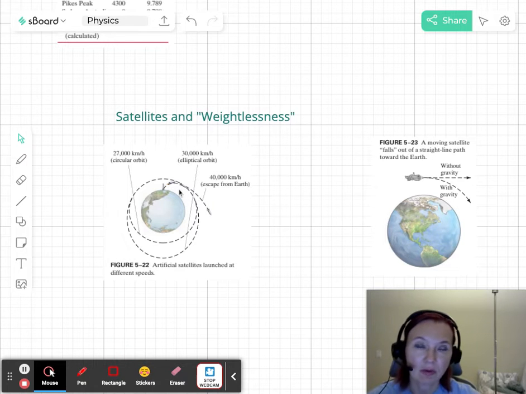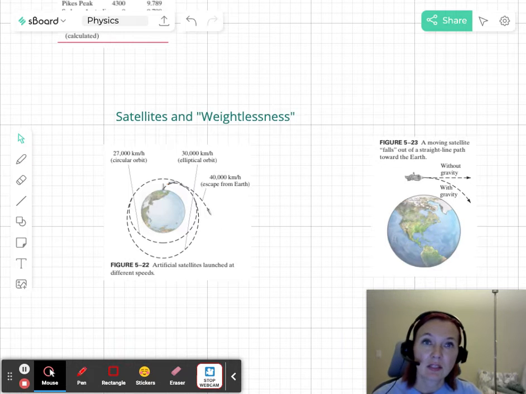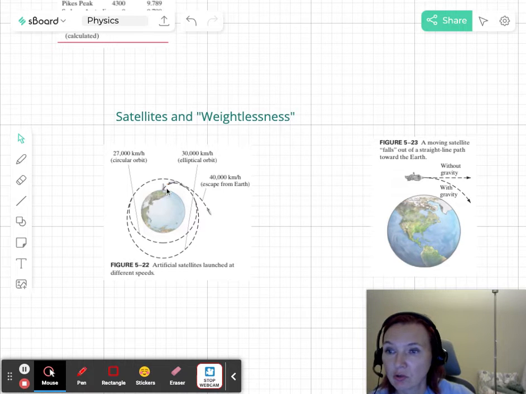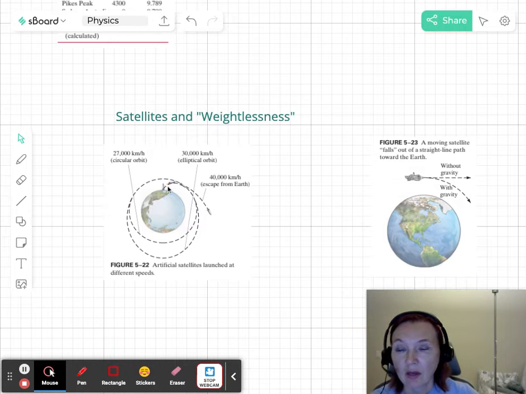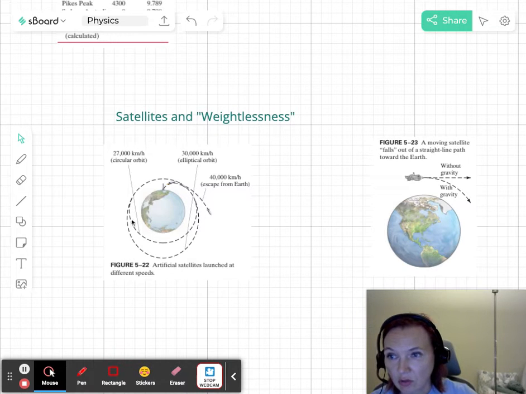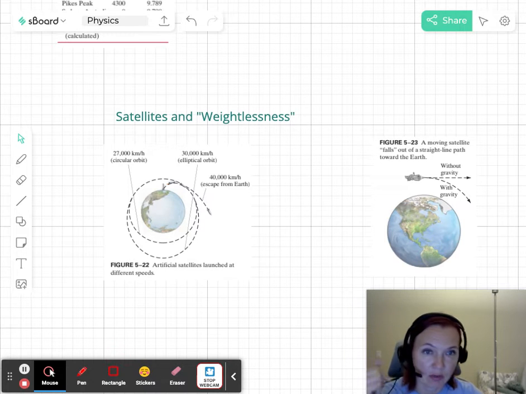Earth has a satellite, the Moon is a satellite, and it also has a bunch of artificial satellites. They are put into orbit by accelerating them to a sufficiently high speed, but not too high, because if the speed is too high, the satellite is going to escape from Earth. Depending on the speed, the satellite is going to have either a circular orbit or an elliptical orbit. Those are the most typical orbits around the Earth.